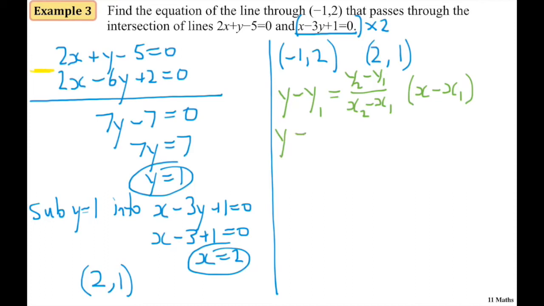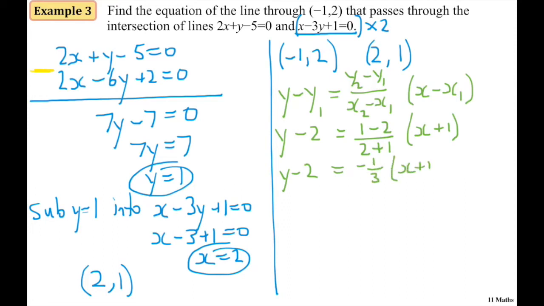Y minus the y value of point 1, which is 2, equals y value of point 2 minus the y value of point 1 over the x value of point 2 minus the x value of point 1, which is a minus 1, so that will change that. X minus minus 1. So I get y take 2 equals minus a third